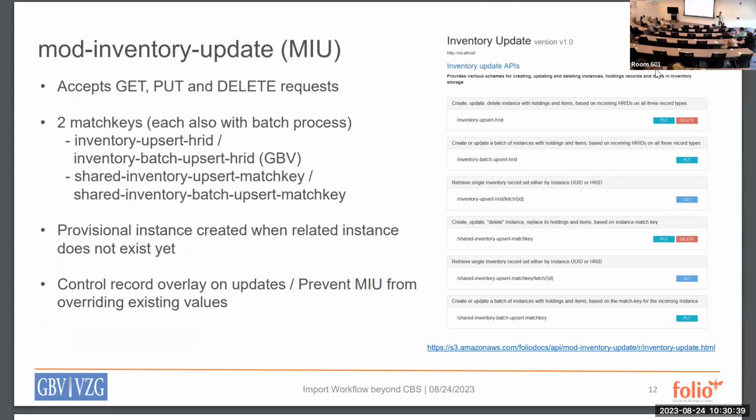Important is that Mod Inventory Update works with 2 different match keys. You can choose between HR ID matching of the titles and individually defined match keys. And both processes also have a batch